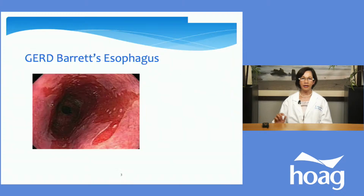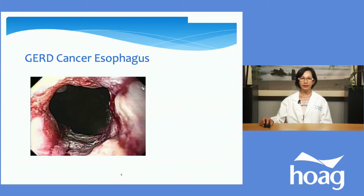What happens in gastroesophageal reflux disease is that acid comes up into the esophagus from the stomach, and it can change the inside lining of the esophagus over to what we call Barrett's esophagus. This is a precancer condition. It's seen more commonly in the male population, Caucasian males, and it occurs over a period of years of chronic acid reflux. What happens after that typically is you'll have cancer development in the esophagus, where you have narrowing of the lumen of the esophagus, and this very scary picture of a cancer